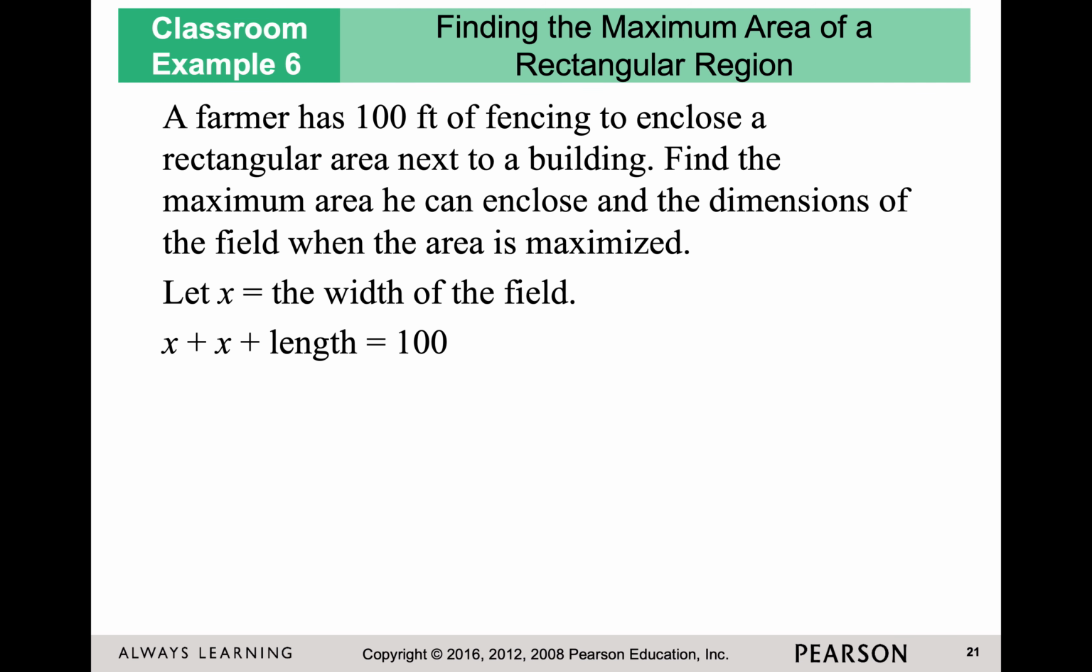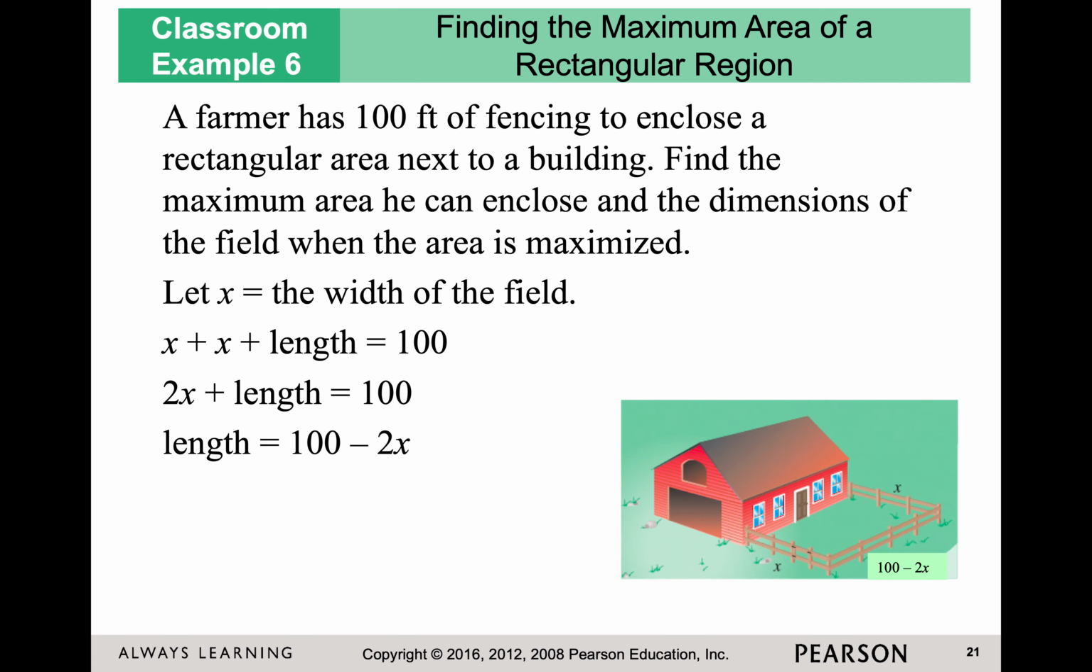So x is my width, and I'm going to add my length, and I know that's 100. So I have 2x plus my length is 100, so my length would be 100 minus 2x. This is the toughest part of the question, and it helps if you draw that rectangle and you label it out. So my width is x, my length is 100 minus 2x,